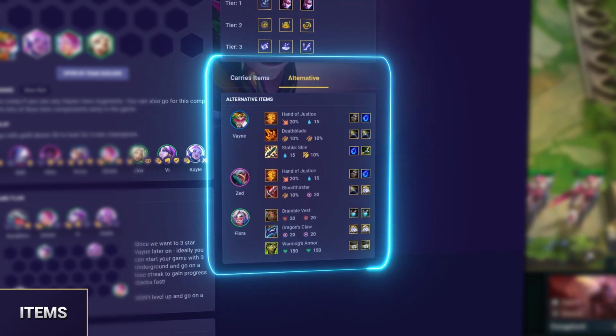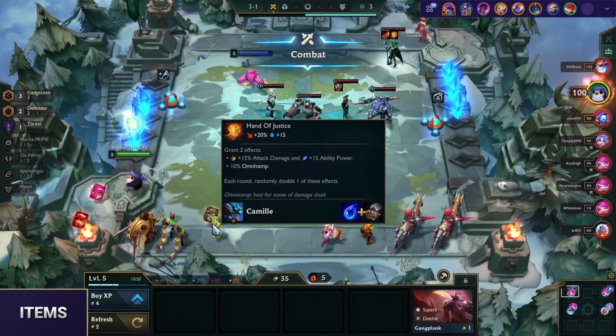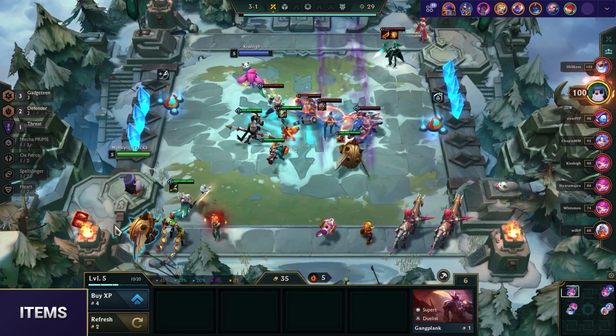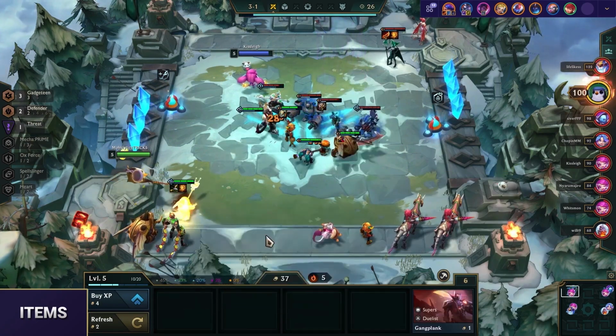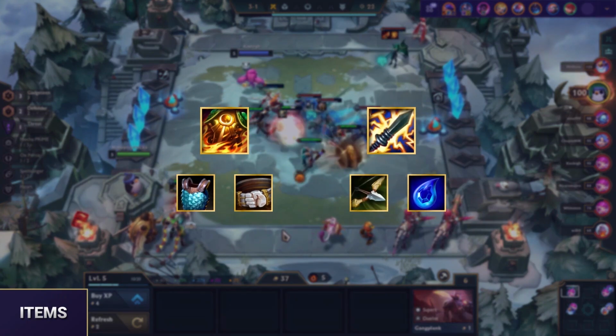Sure, some items synergize ultimately better than others on certain units, but a solid strategy is to never have more than 4 item components on your bench. Try sticking to this rule and don't overthink it too much. There are even strong standalone items like Sunfire Cape or Static Shiv that you can basically build on every single